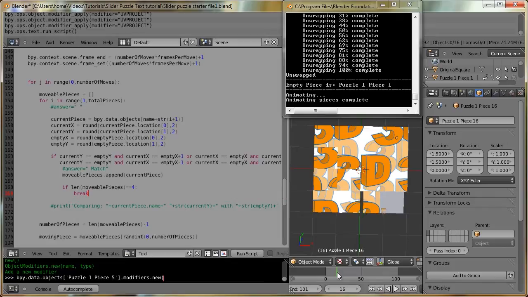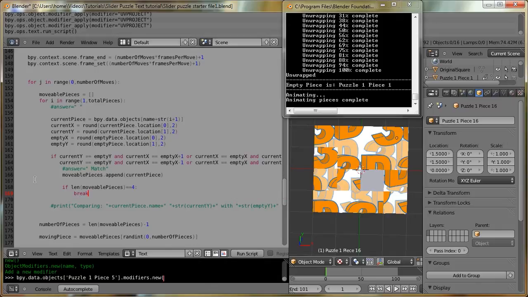And we're probably getting this quite a bit throughout the animation. See, there's another one. It's moving, and by chance it's picking the same one it's just swapped with. And it's happening again there. So what that's doing is basically just wasting moves. It's also not going to look very good. So we can do a check to make sure the current moving piece that it's selected isn't the same as